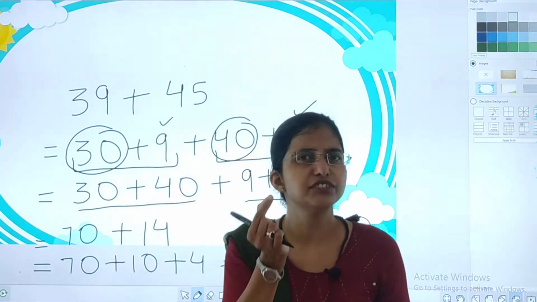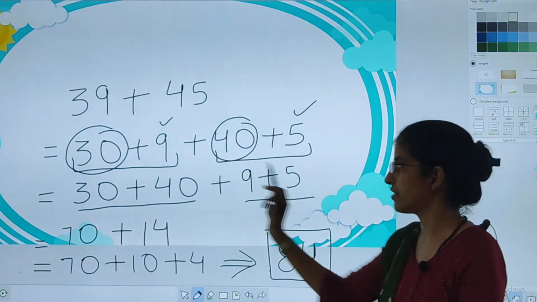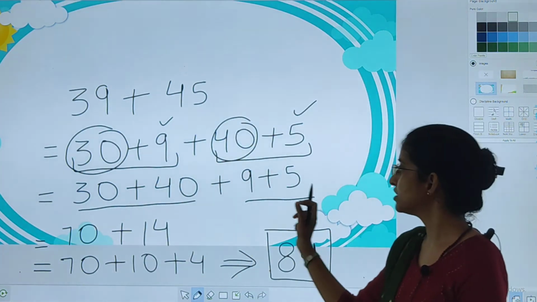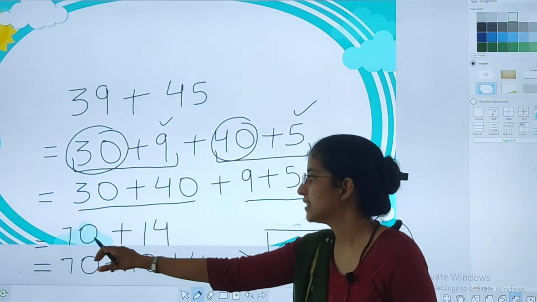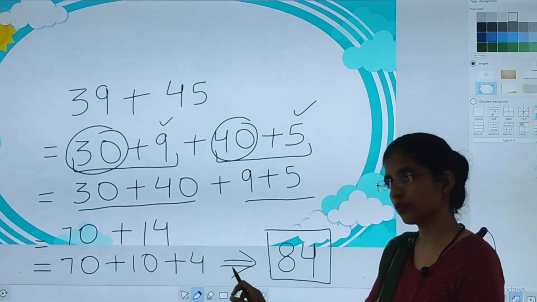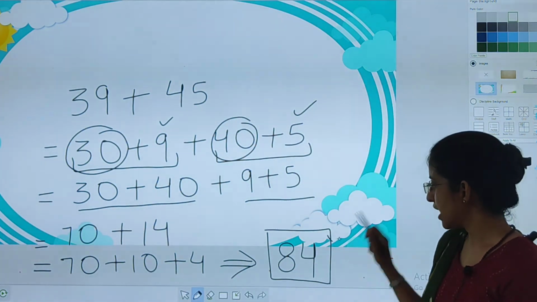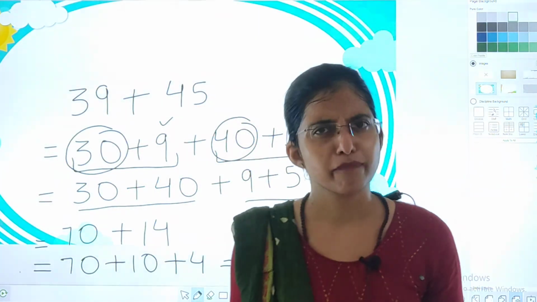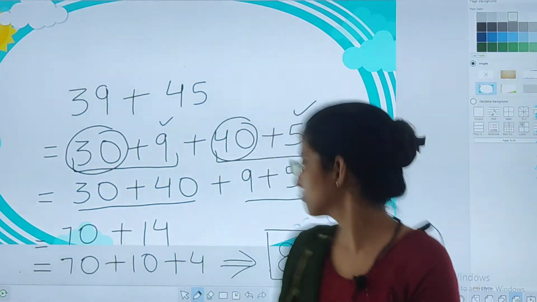ये तो आप बिना calculation के कर सकते हो. Very fast. You just have to arrange the numbers. Only this much trick you have to apply, and your calculation will become very fast. So 30 plus 40, 9 plus 5. 30 plus 40 is 70. 9 plus 5 is 14. After it also you can break 14. 70, write 70 as it is. We can break 14 into 10 plus 4. Now very simple to do. 70 plus 10, 80. 80 plus 4, 84. And we got the answer. Easy now? Yes. Now we will solve our second sum.